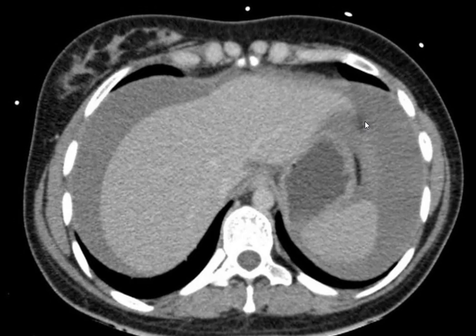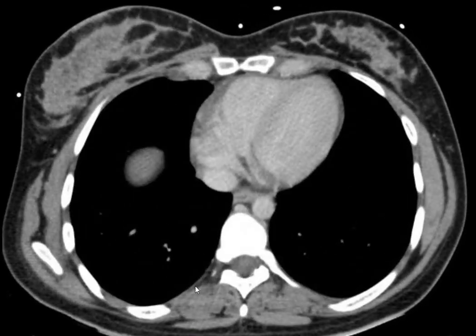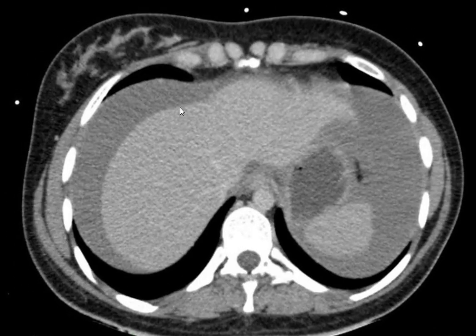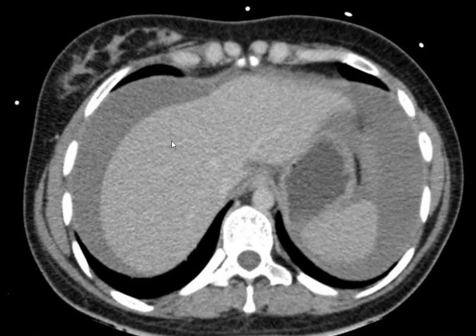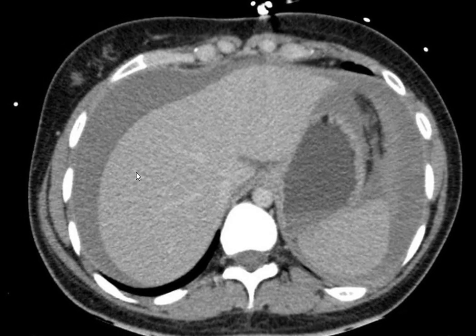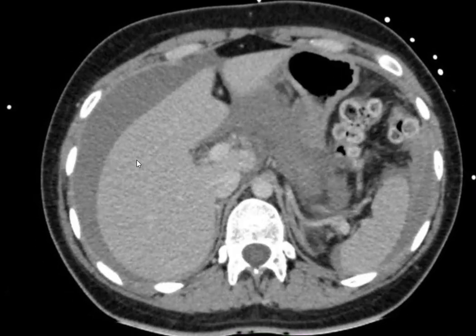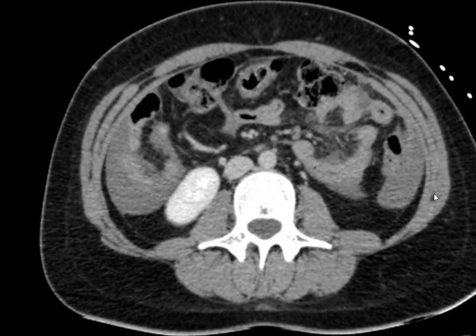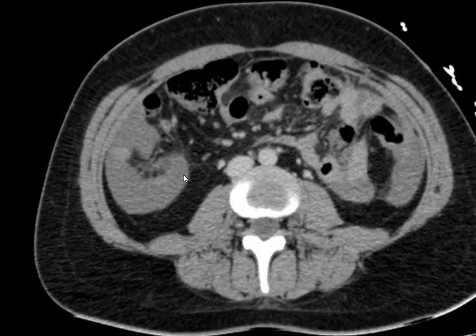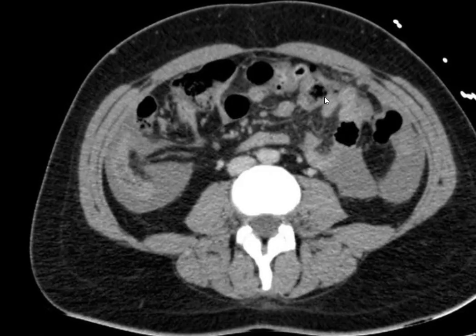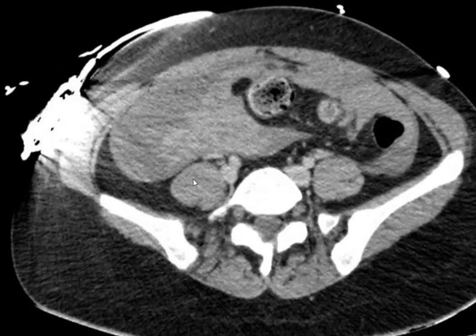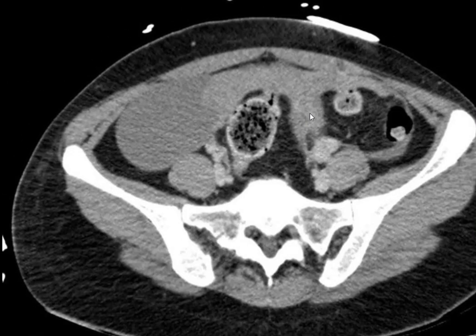Okay, as I'm scrolling caudally, in the thorax, there is no evidence of any effusion. I can see fluid below the diaphragm, around the liver, around the spleen, suggesting ascites. As I'm scrolling down, I can see that the fluid is passing through the paracolic gutters and has entered near the small bowel. It is passing through the small bowel mesentery, and the fluid is more in the pelvic region around the